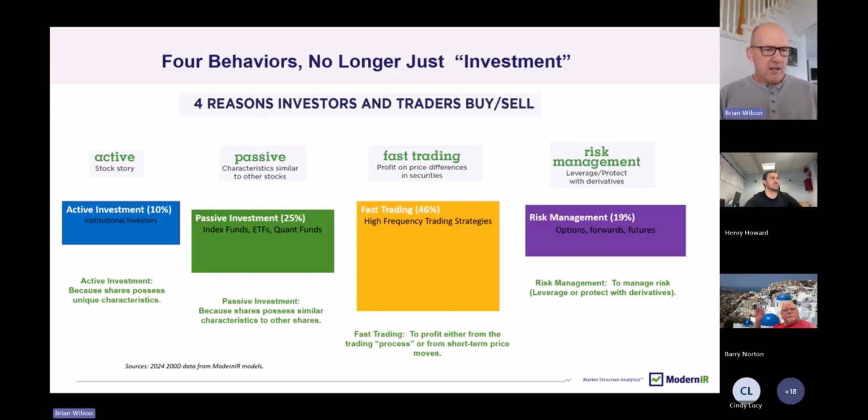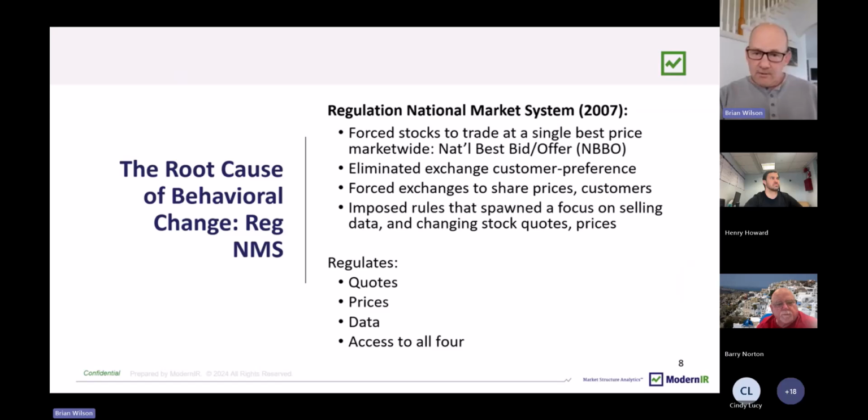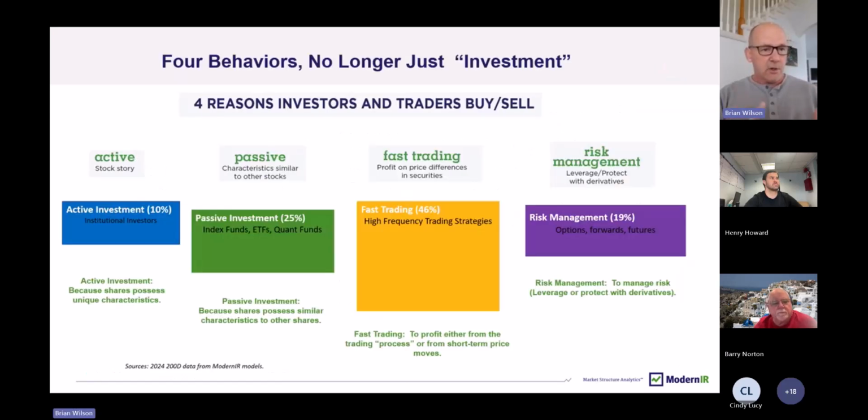So active money cares about the stock story. They care about what's going on from a story perspective. Passive money cares about characteristics. So they're holding something based on the characteristics that particular stock possesses. It might be market cap, it might be volatility, it might be sector,